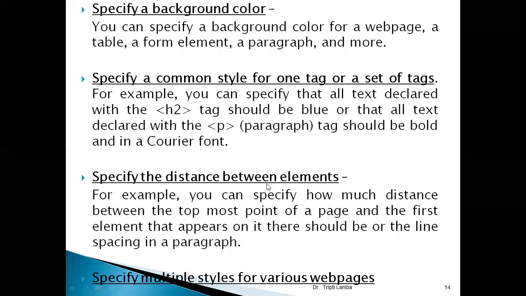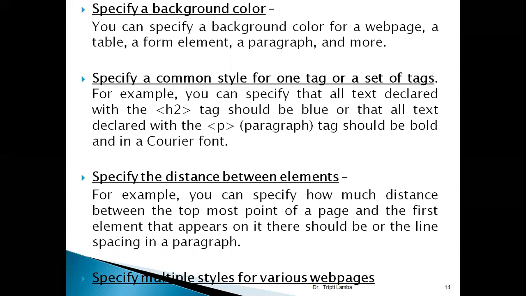Now, you can specify the background color. Just now I said, right? So you can specify the background color. A similar kind of option is available in HTML also. We can change the background color with the help of the body tag, right? But it will be changed only once. So the benefit of the cascading style sheet, or CSS, is you can call it many times. Suppose I want changes in 5 paragraphs, I can call it. There is a way of creating a style, and you can just call it.